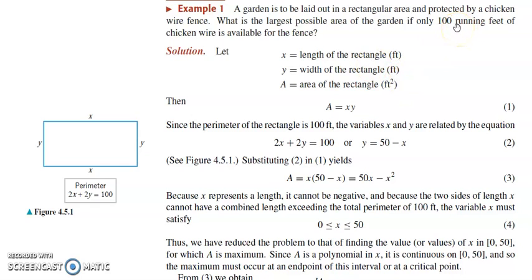That means your perimeter will be 100 feet. So you have 2x plus 2y, that will be the perimeter of the rectangle. So if these are the dimensions of the rectangle, perimeter will be 2x plus 2y. But 2x plus 2y എന്ന് പറയുന്നത് 100 വരും. So that gives y must be equal to 50 minus x. Now we can replace y in terms of x. So therefore the problem now reduces to maximizing A equal to x into 50 minus x, and here x can